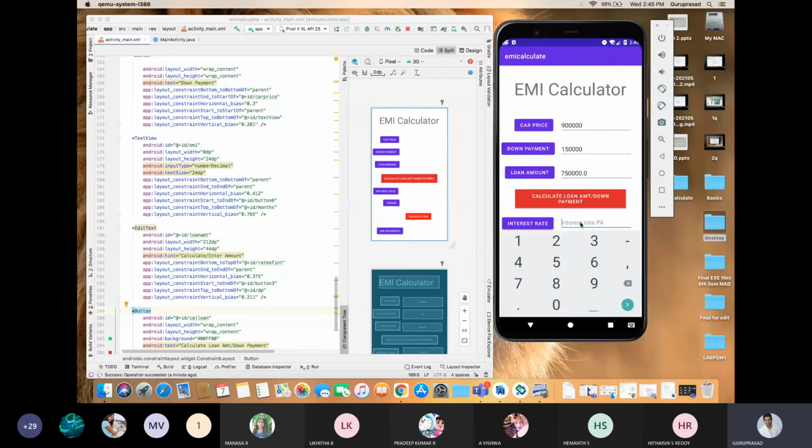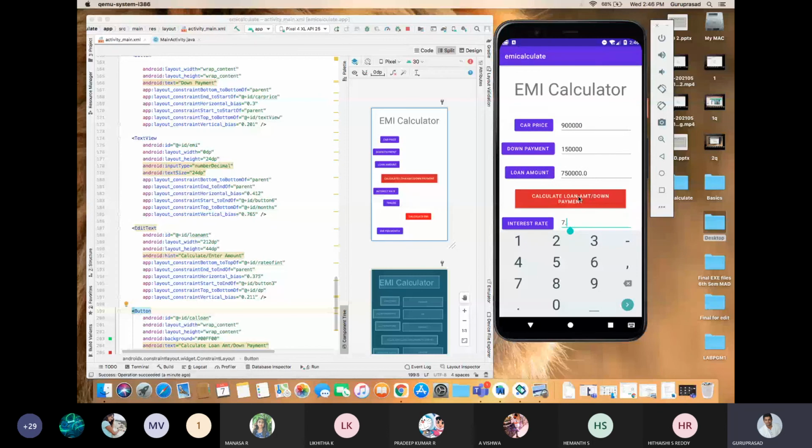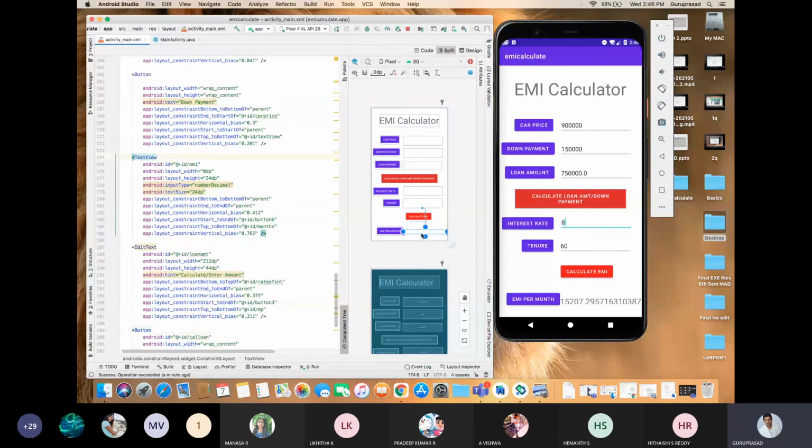Interest rate 8, tenure 60 months. Then calculate the EMI. What is the EMI? 15,207.